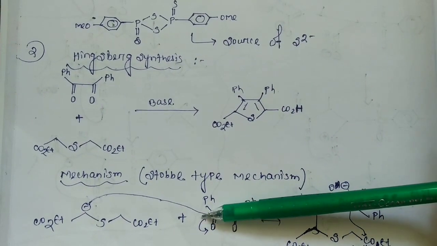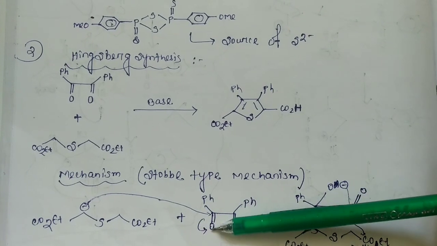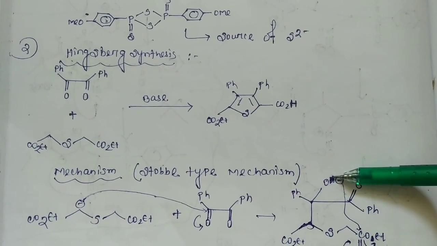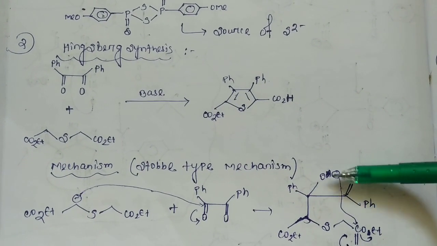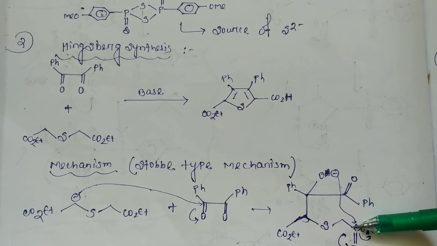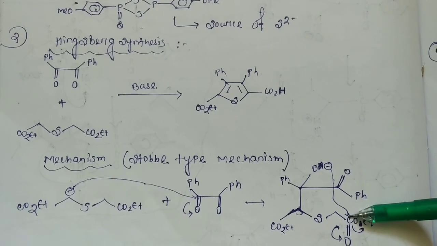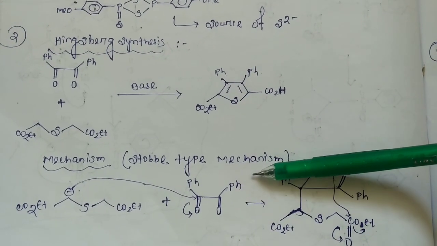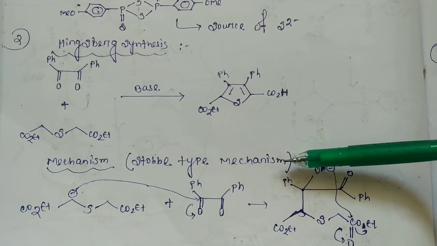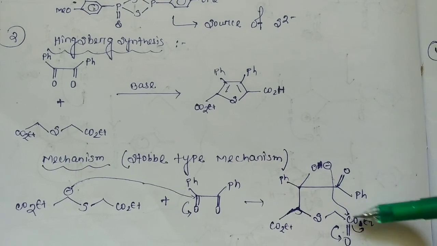We can see here, it attacks the carbonyl. Then a negative charge generates on oxygen. Then the negative charge on oxygen attacks here, the carbonyl of ester. This is a Stobbe type of mechanism, as it is mentioned here that this is a Stobbe type of mechanism. Then